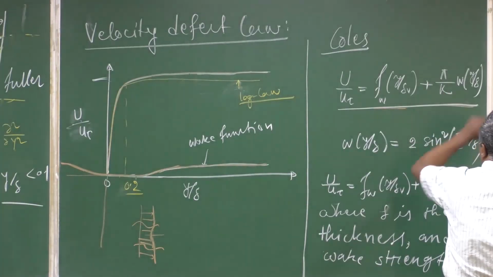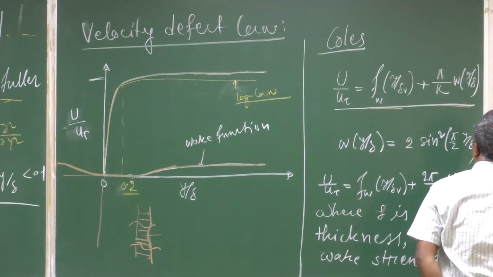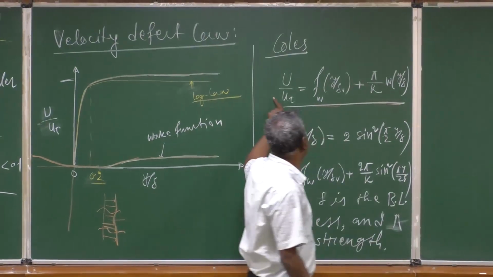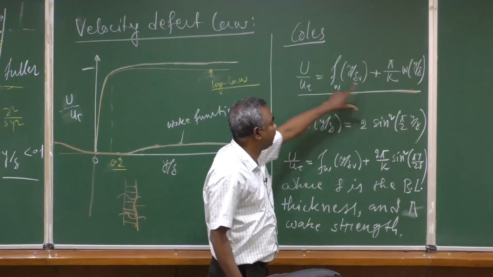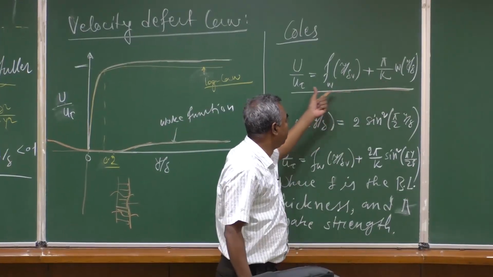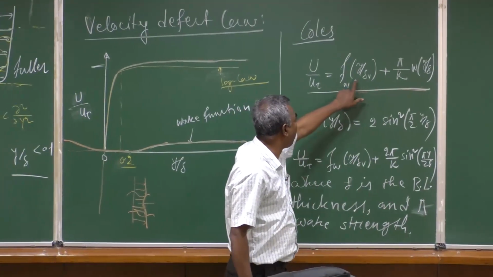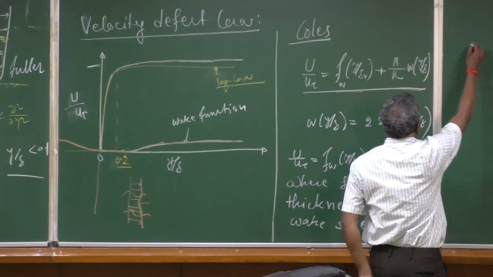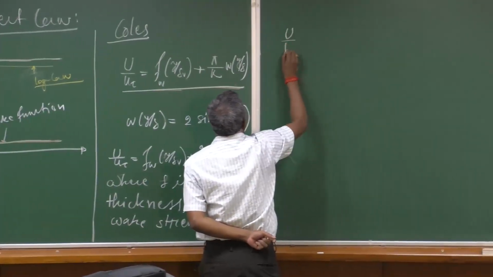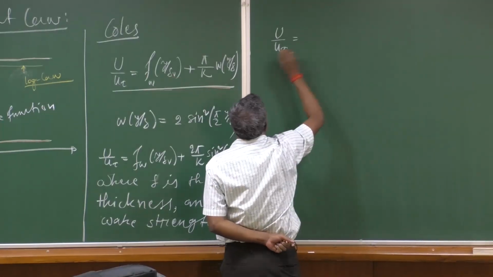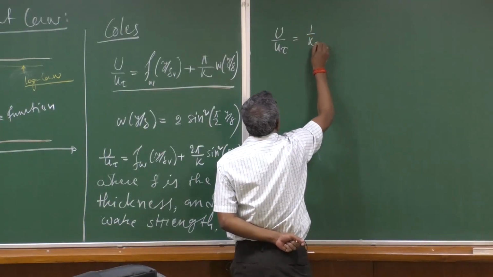So, this is kappa, it is not K, sorry. So, anyway, now this is the argument of Coles, that the entire velocity profile can be added using these two functions, and if we use the log law for this Fw, then this function can be written as u by u tau equals, with the log law for this, then you can write 1 by kappa